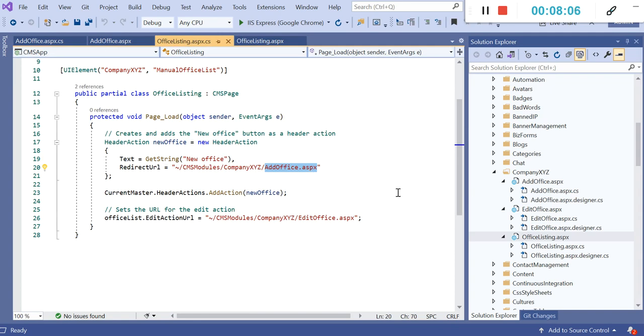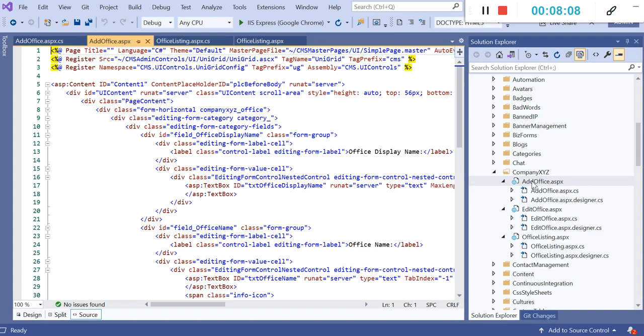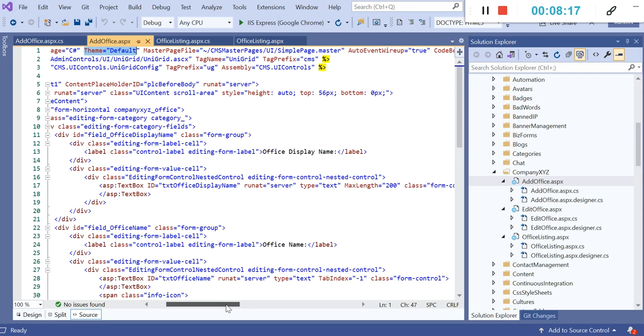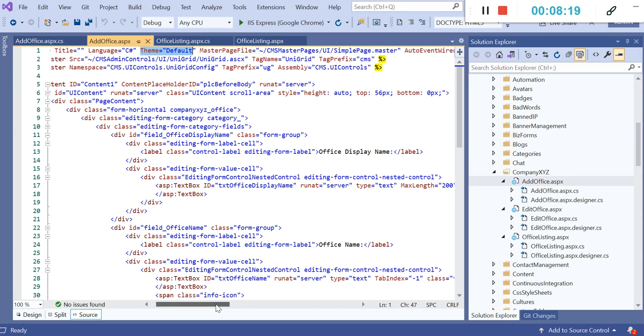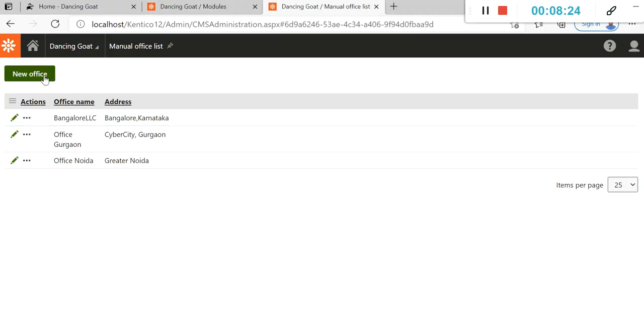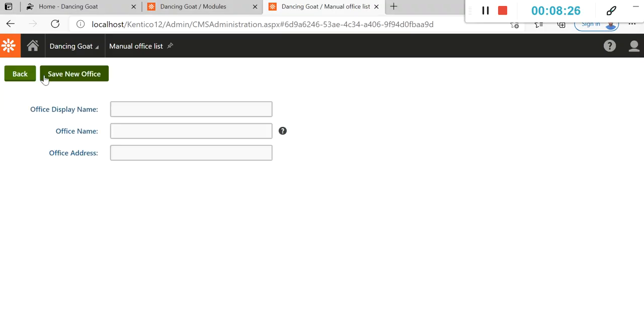For the add office, I have created another ASPX page, which is again pointing the theme as default and the master page as simple page.master. You can see I need to create three fields for the office creation, because if we click on new office, we need these three fields: office display name, office name, and office address.